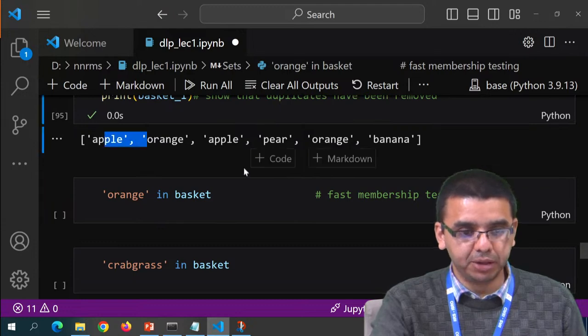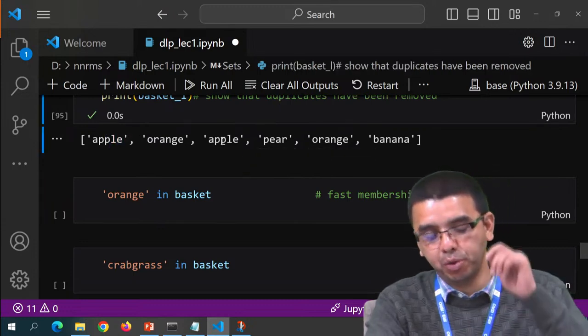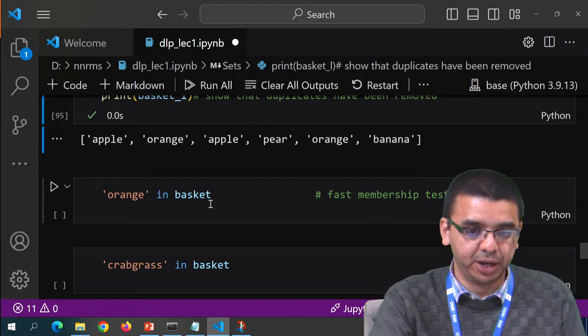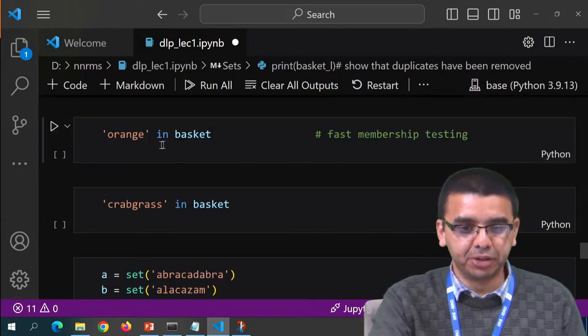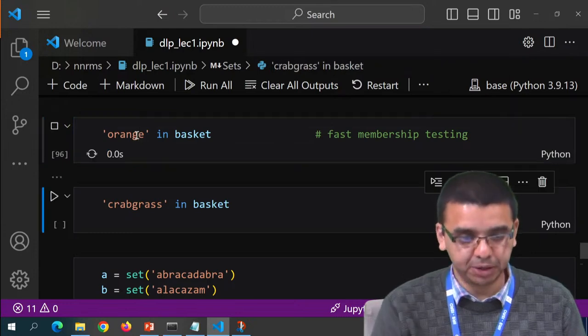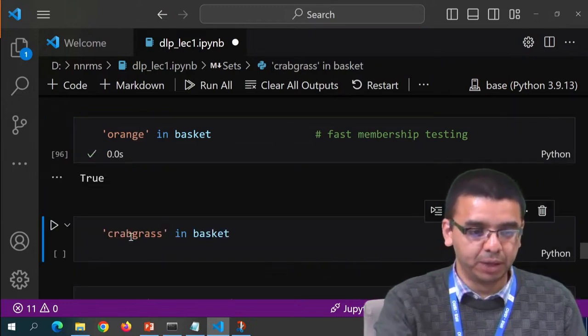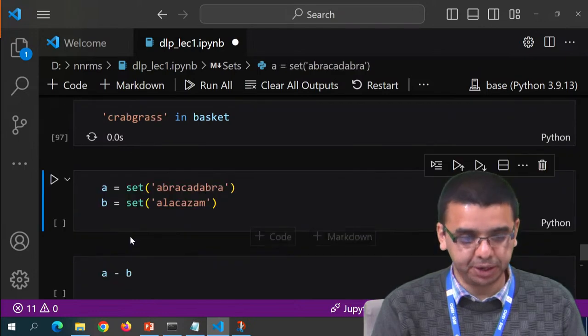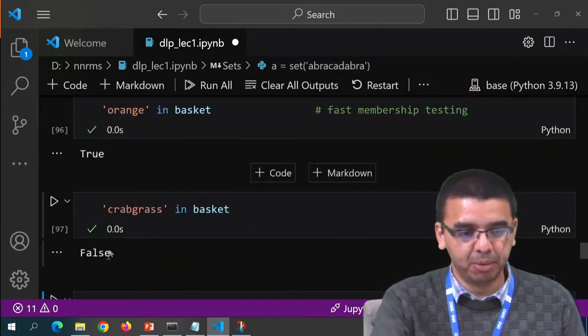So here you can see that apples are printed twice. So when you want to remove duplicates automatically, you can use set. Similar to checking the membership operation, you can use the in operator, like orange in basket. If orange in basket is true or false, it says true. Like if I want to search crabgrass in basket, because crabgrass we have not set in the basket, it